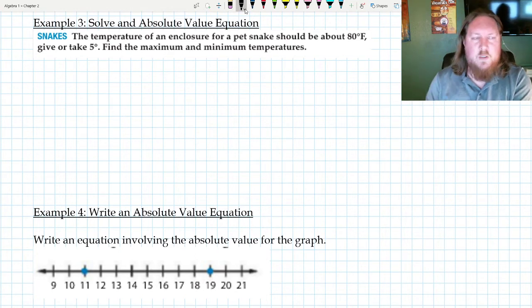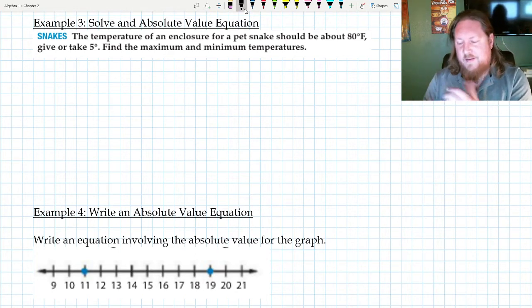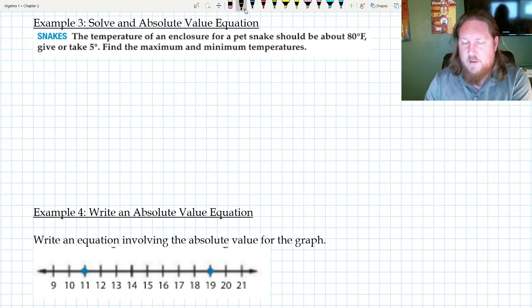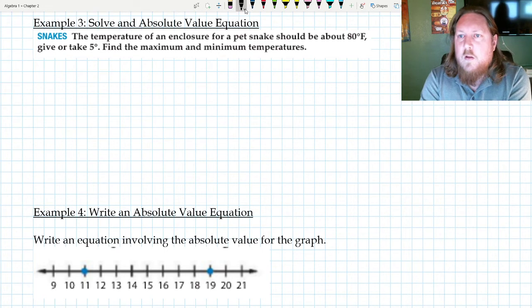We're going to do it both ways. We're going to talk about it just generically, like trying to figure out what's going on. And then we're going to actually set up the equation and do it the proper way. So, the temperature of an enclosure for a pet snake should be about 80 degrees Fahrenheit, give or take 5